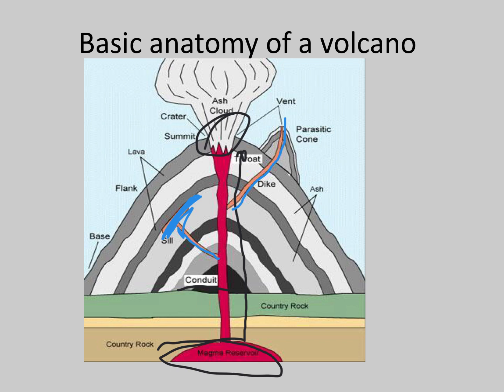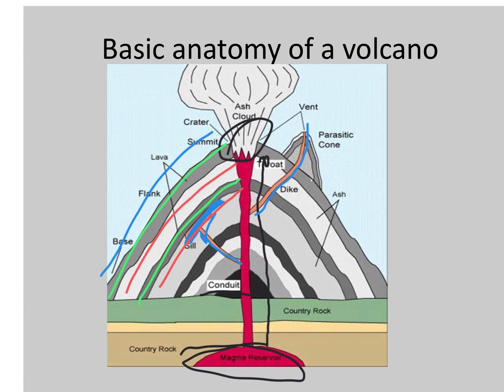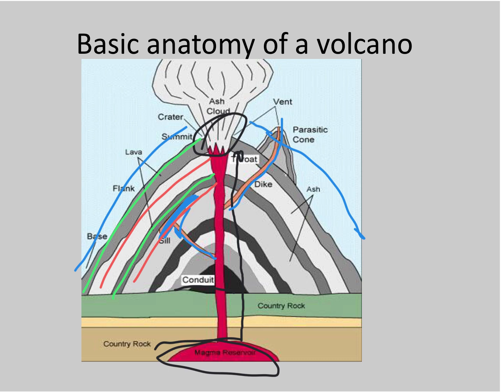So here you can see over time there have been different layers formed, and in this volcano we have the lava layers that are the darker layers here, and then we also have the ash layers that are the lighter layers here. And each side of the volcano is called a flank. So there's a flank on this side, and then there's a flank on this side here. And those cones that form outside of the main cone are called parasitic cones, like parasite, and a crater forms in